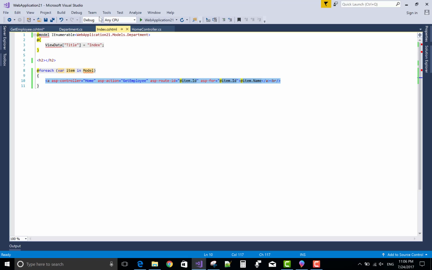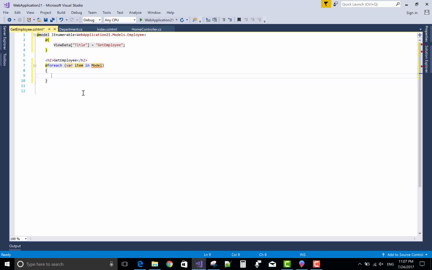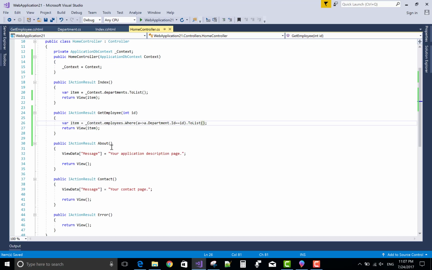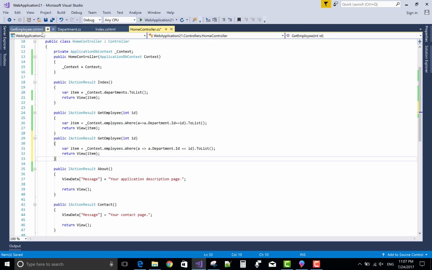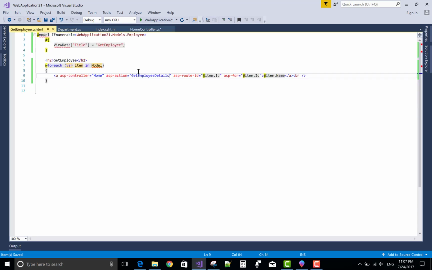So copy all these things and paste in the employee GetEmployee.cshtml page. The asp-action will change to GetEmployeeDetails, because when we click on the employee name, I want to get the details of the employee, so pass through from one table to another table. GetEmployeeDetails.